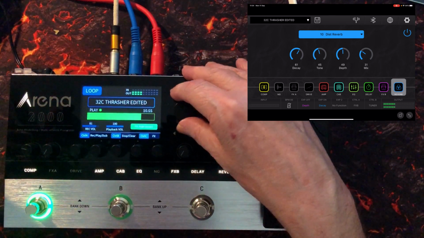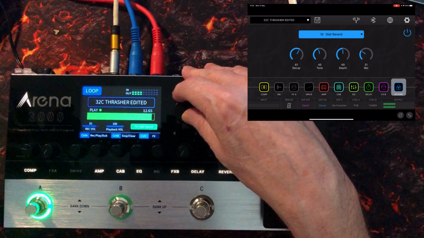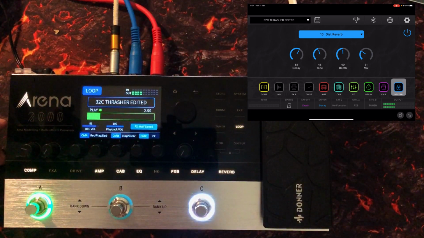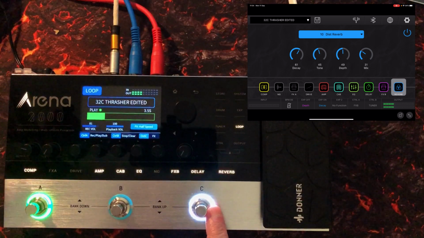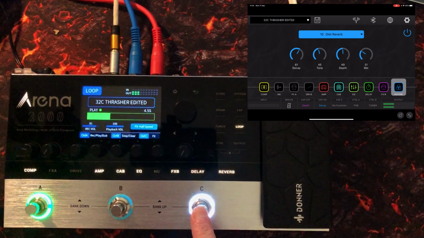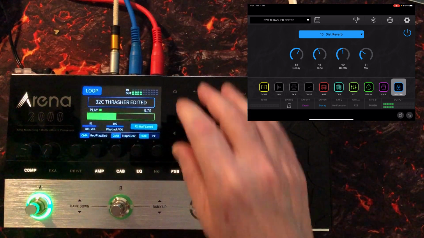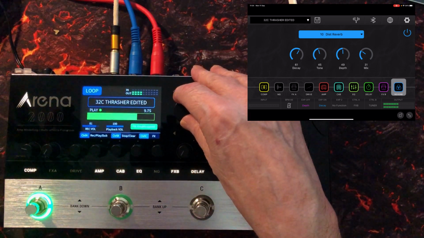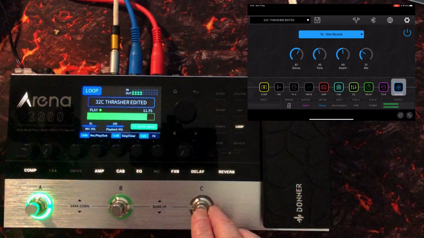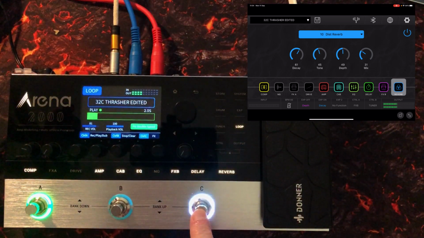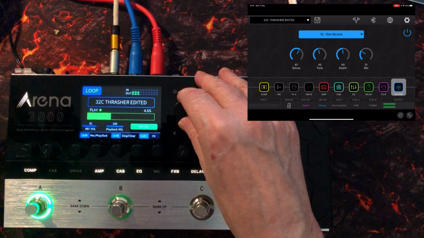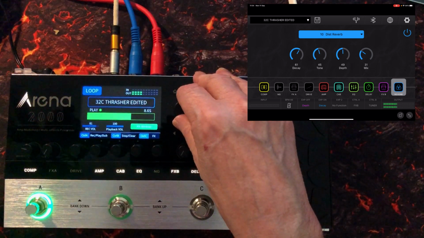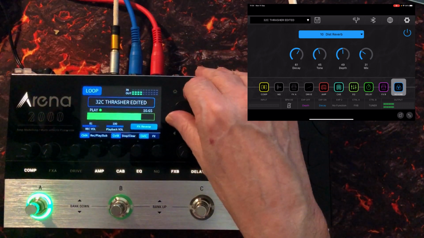So we have half speed, and this won't affect the loop being recorded over the top of it, for example, right? We can double speed, and effects exit. So let's do back onto the reverse,